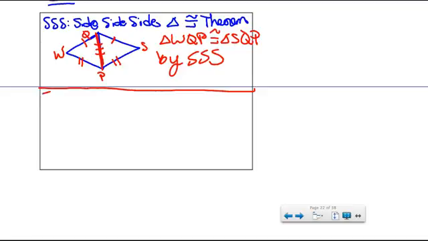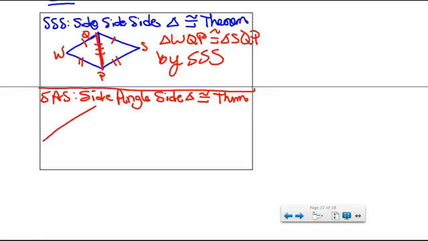The next one is the side, angle, side. So let's write that down. This stands for side, angle, side, triangle congruence theorem. What it says is that if you have triangles that appear to be congruent, and you have markings indicating that this side is the same as this one, this side,